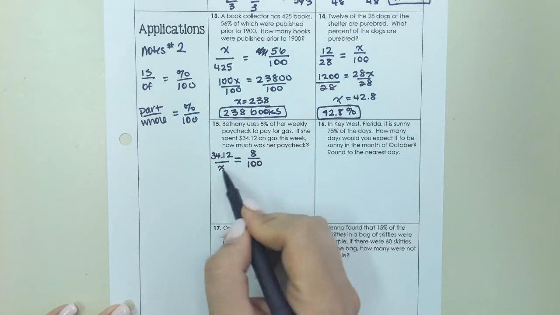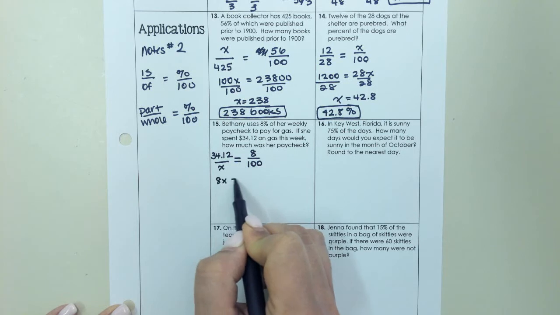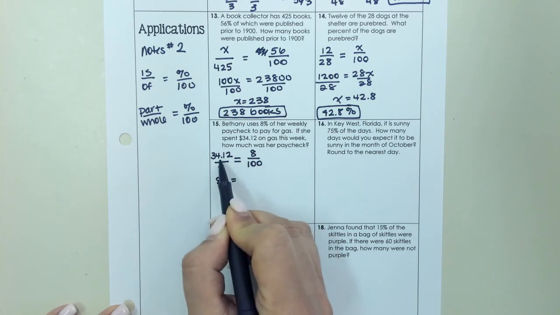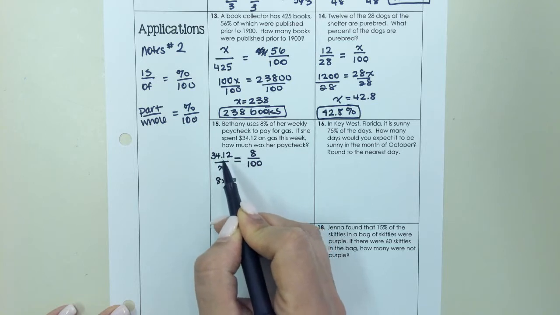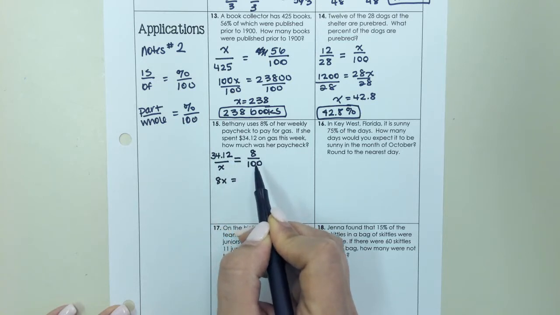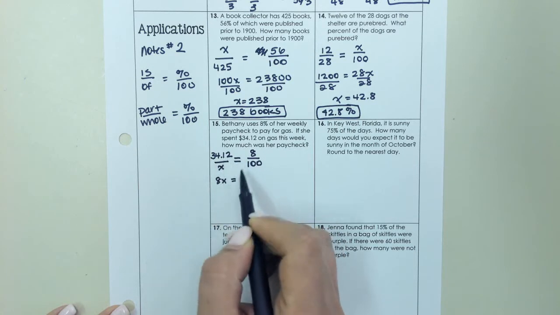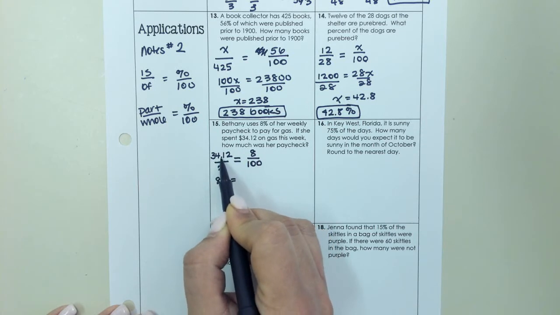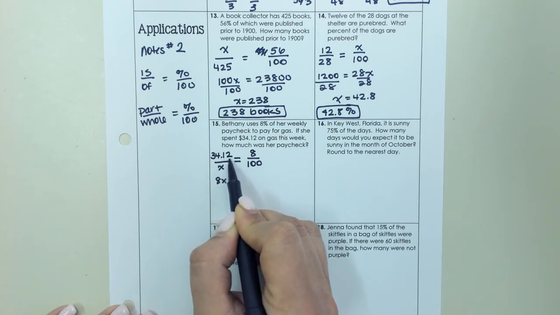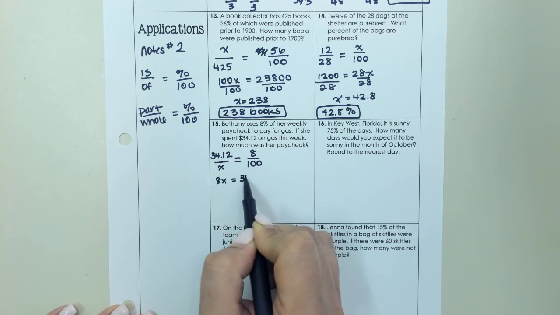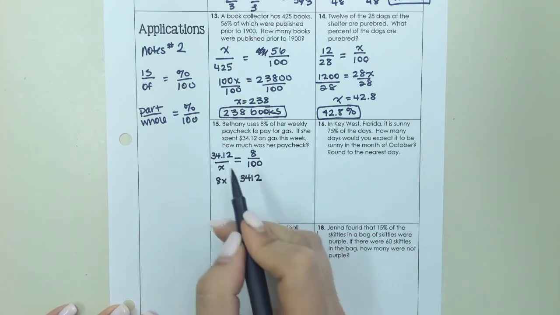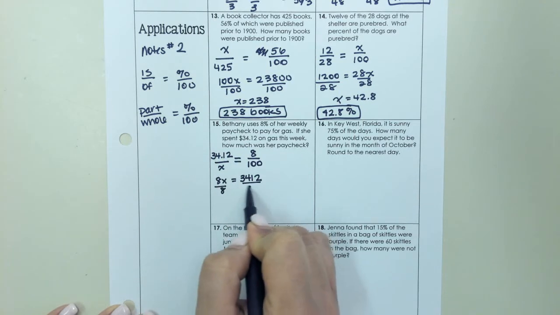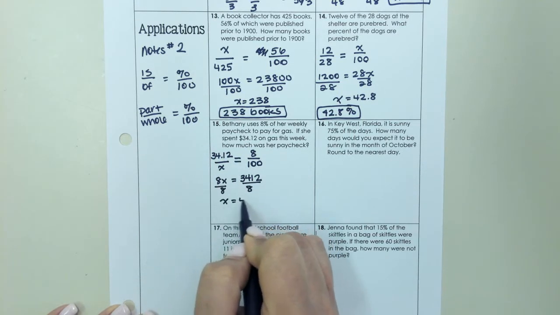And if we multiply, 8 times X is 8X equals, multiplying something by 100 means moving the decimal 2 places to the right because we want to make it bigger, and we have 2 zeros in 100. So 34.12 means the decimal goes 1 place, 2 places, so 3,412. And if I divide by 8 on both sides, I get X equals